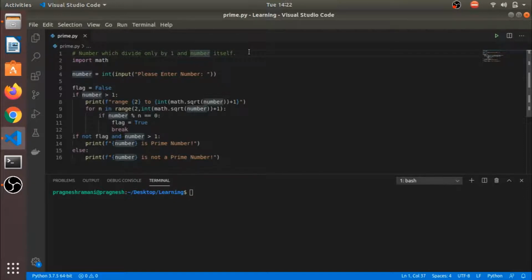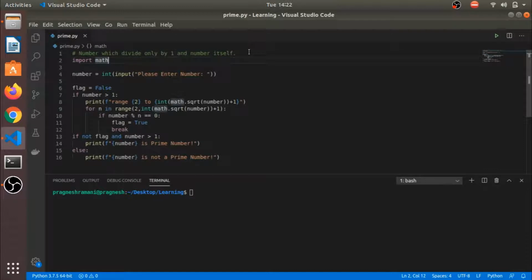Okay, so that is not a prime number. So I think you have understood the concept of which number is prime and which number is not a prime. So let's see how to write a program for that.